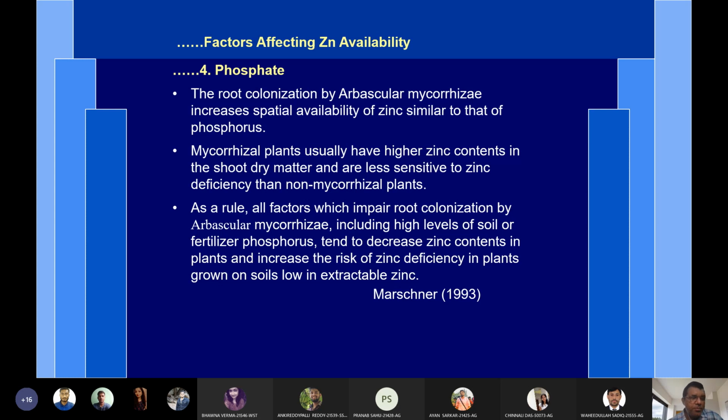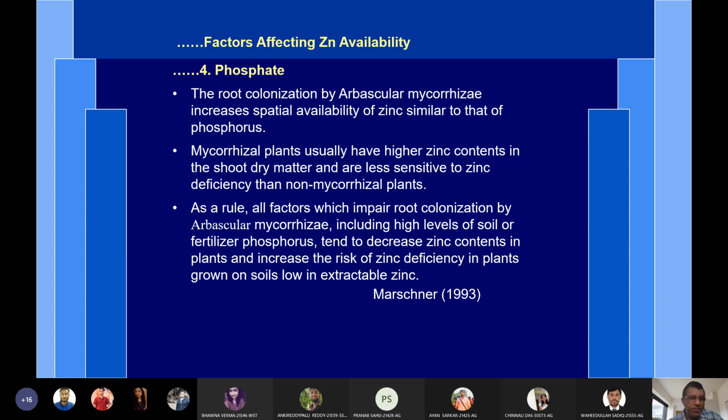So mycorrhizal plants usually have higher zinc contents in the shoot dry matter and are less sensitive to zinc deficiency than non-mycorrhizal plants. Means if you have AM fungi, they can increase not just the availability and uptake of phosphorus,